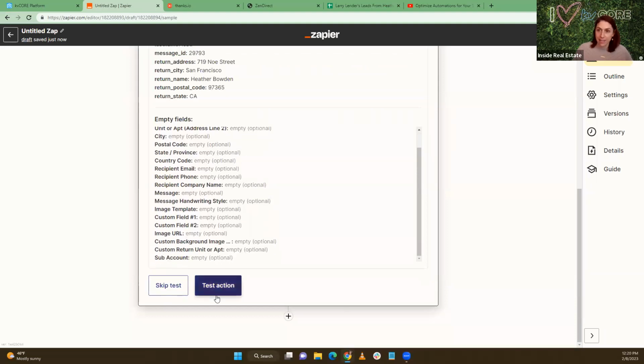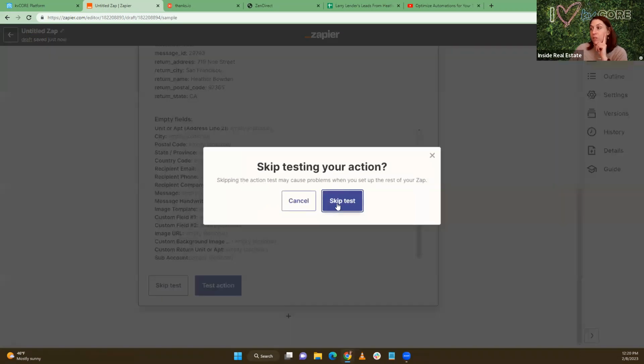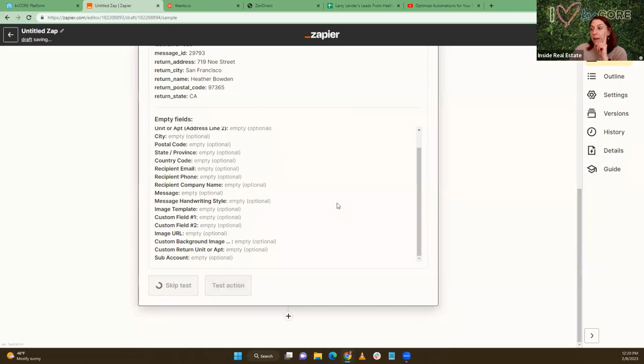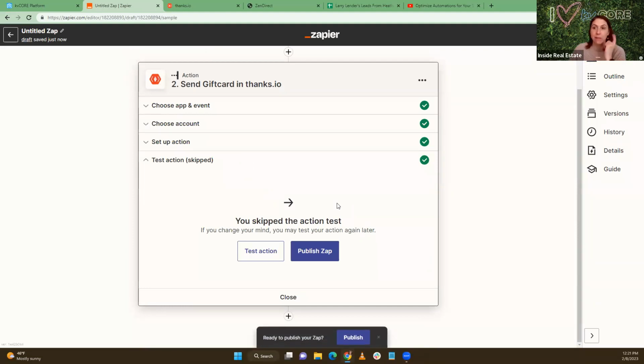And now here's where you could test the action. I wouldn't do this because then it's going to cost you $20 and whatever it costs to do the thing, because you're going to test the action. You know, it's going to send it out. So I would skip the test. Probably what I would do is add myself to this and send it to myself so I get some free donuts or whatever, just to make sure it works